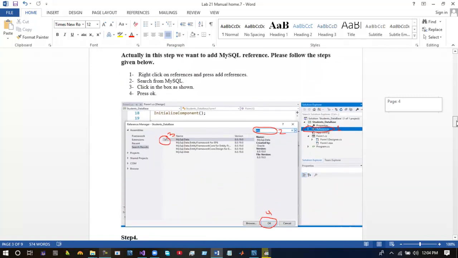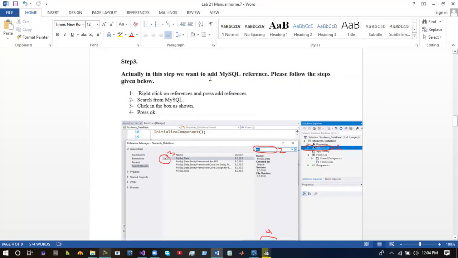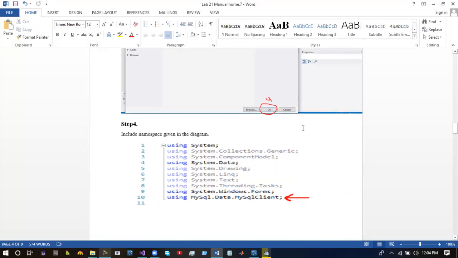In step number 3, we are going to add the reference of MySQL data. Right click on reference and search in the search box for MySQL.Data. Once you find it, open it and press OK.